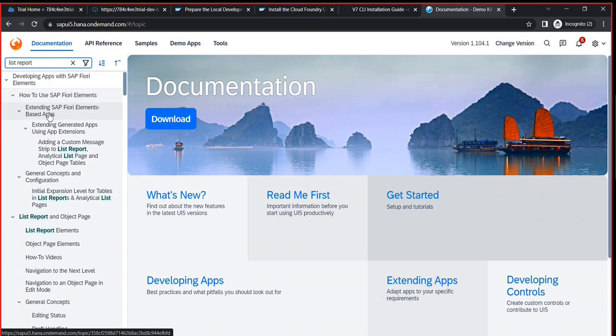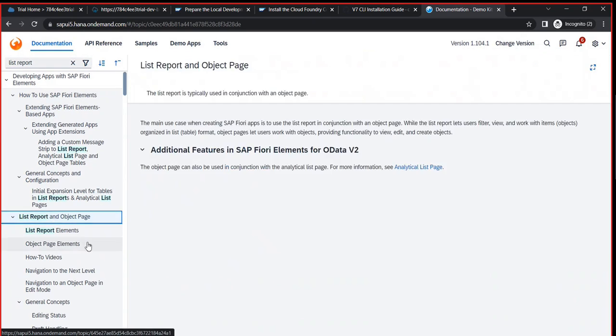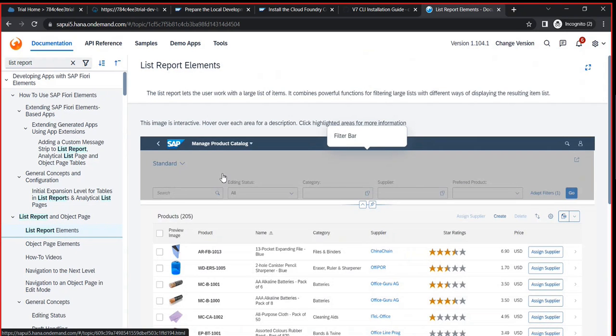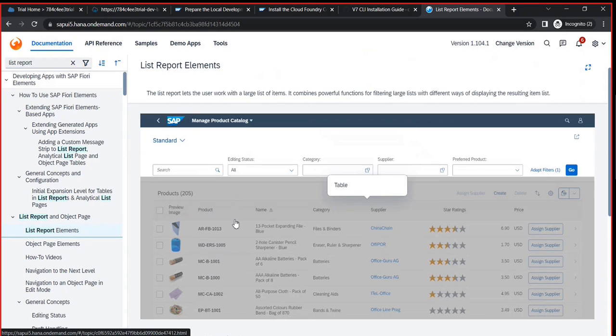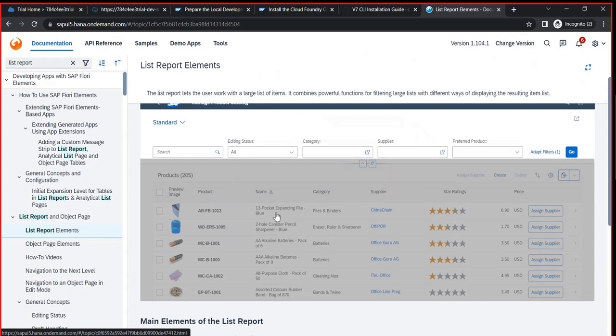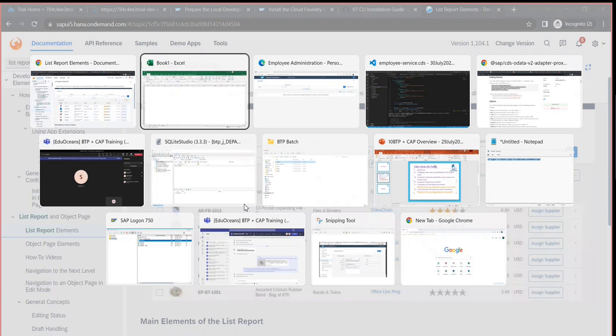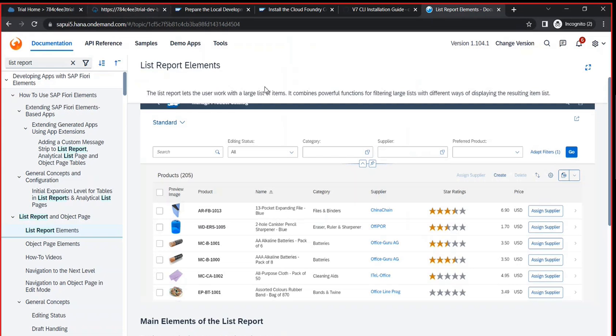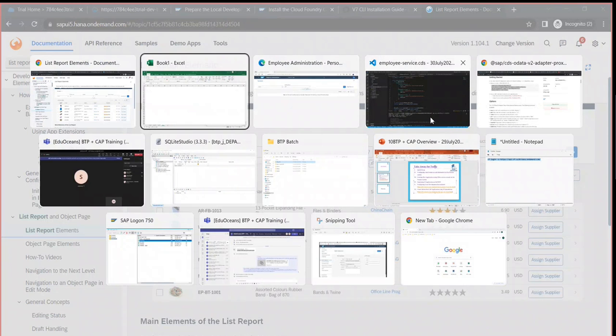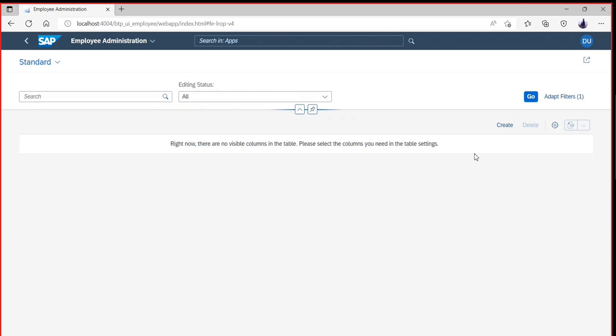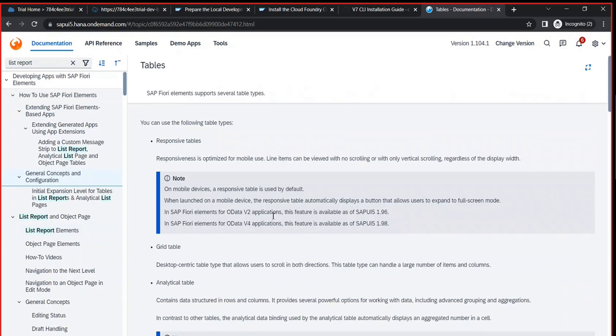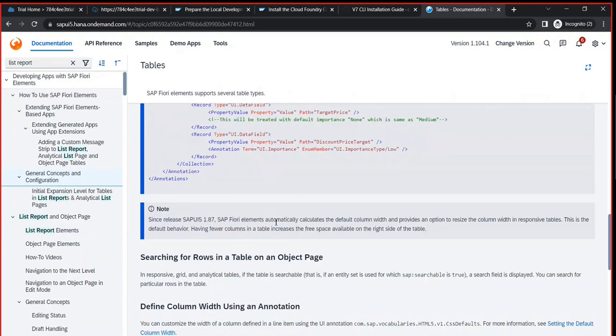How to use Fiori element, list report and object page. List report elements. I want to generate a filter, or let's just say I want to generate a table like this. Currently in my application, over here, I do have a table which is empty. There are no visible columns. Once I click on this, I would be able to see